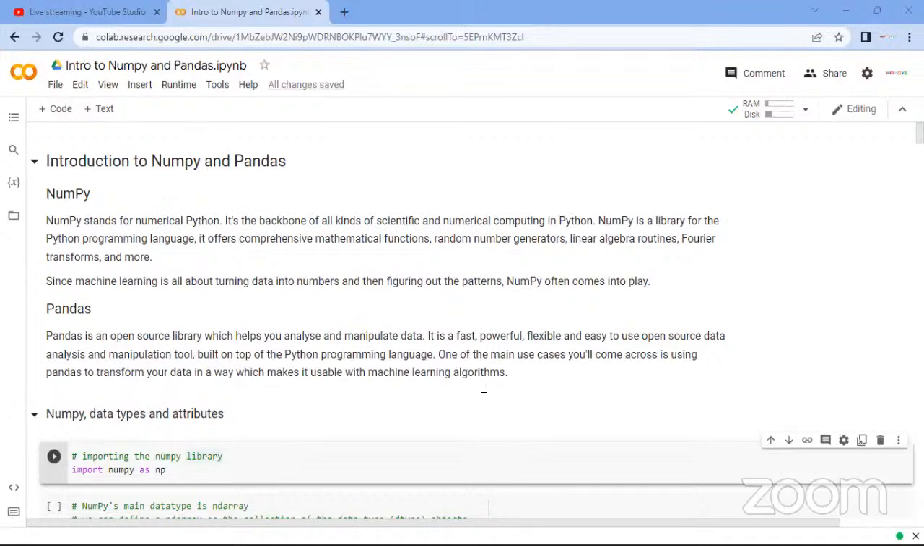NumPy, as we know, stands for numerical Python. It's the backbone of all kinds of scientific and numerical computing with Python. NumPy is a library for the Python programming language. It offers comprehensive mathematical functions, random number generations, Fourier transforms, and more. So since machine learning is all about turning data into numbers and then figuring out the patterns, NumPy often comes